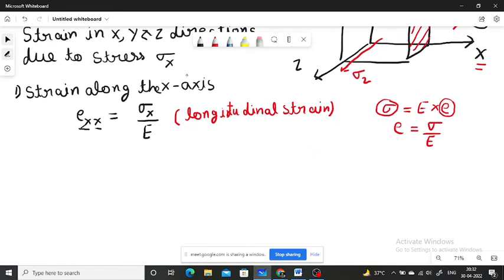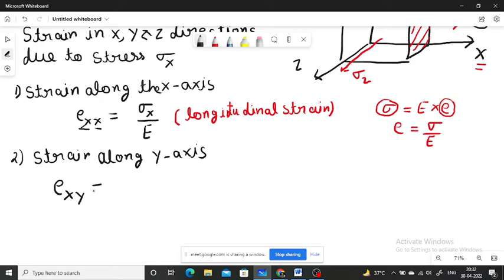Now second, strain in y direction, or say strain along y axis due to the stress sigma x. Okay, strain due to the stress sigma x in y direction will be equal to the, okay, now